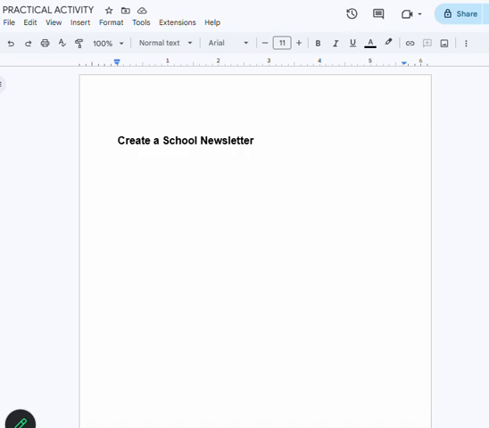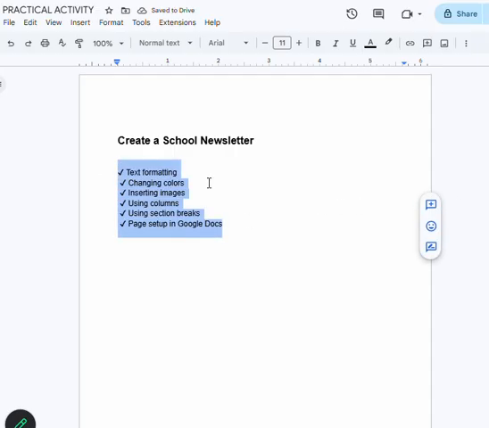So here we will be doing a class activity based on the practical activity, Google Docs, creating a school newsletter. Here you will be learning text formatting, changing colors, inserting images, using columns, using section breaks, and page setup